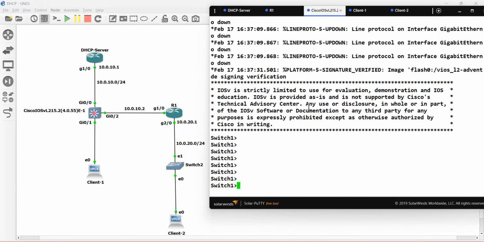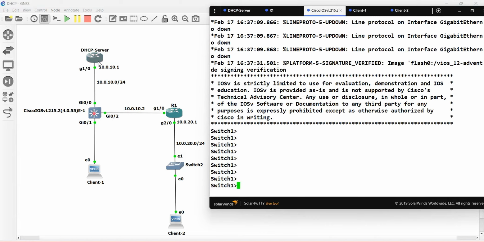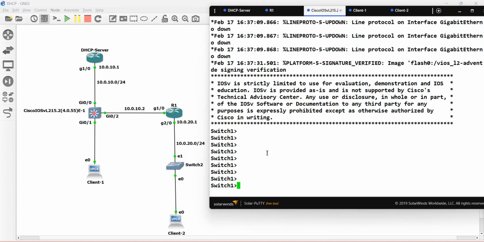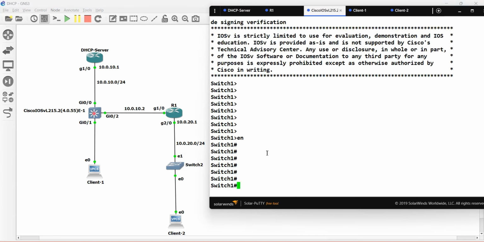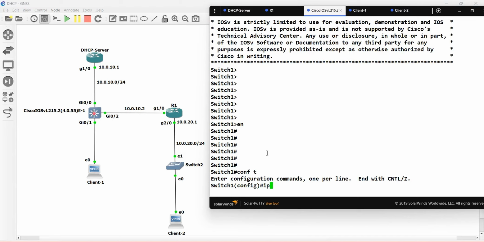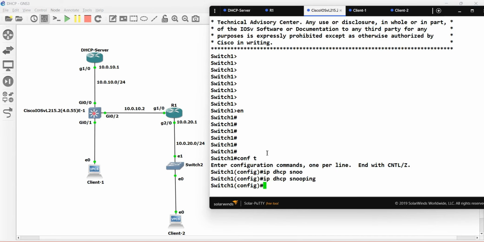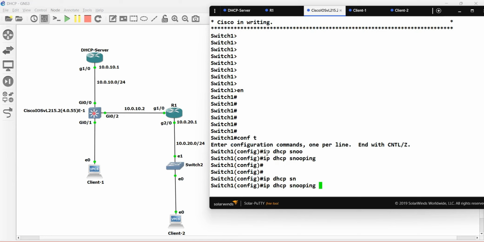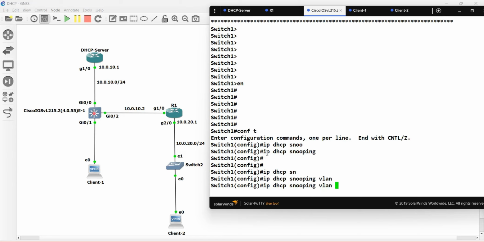We have configured this router as a DHCP server, and router R1 will be acting as a relay agent, right? So let's configure the DHCP snooping feature first. The command is ip dhcp snooping, right? We will enable DHCP snooping for all the VLANs. The command is ip dhcp snooping vlan